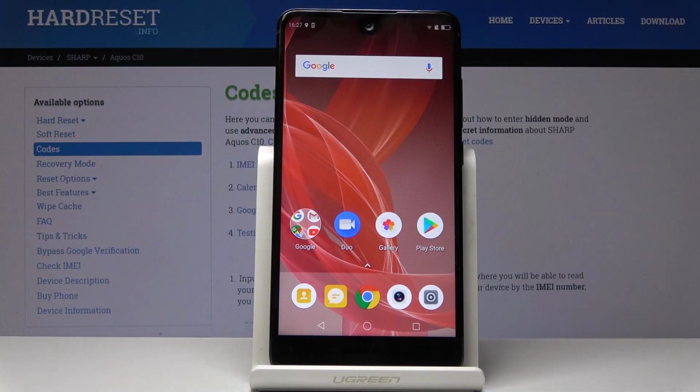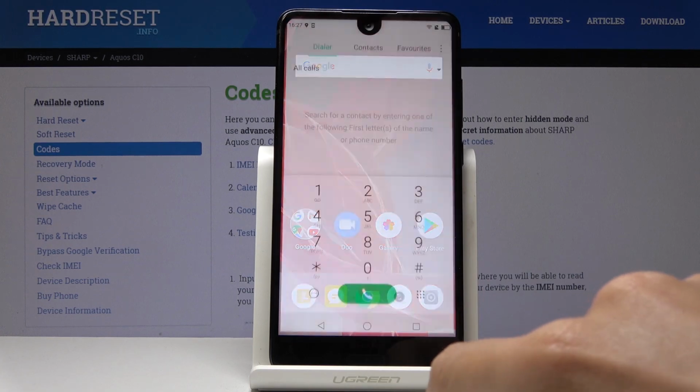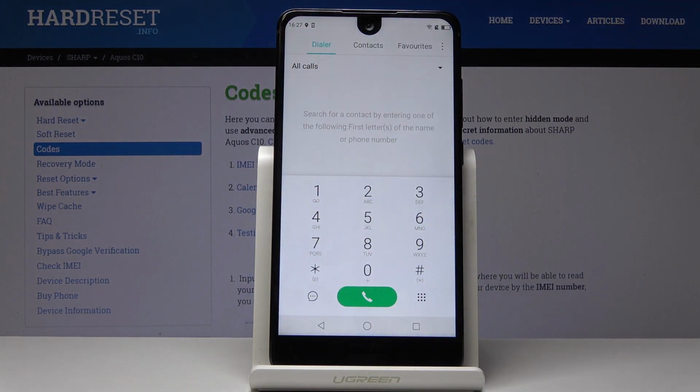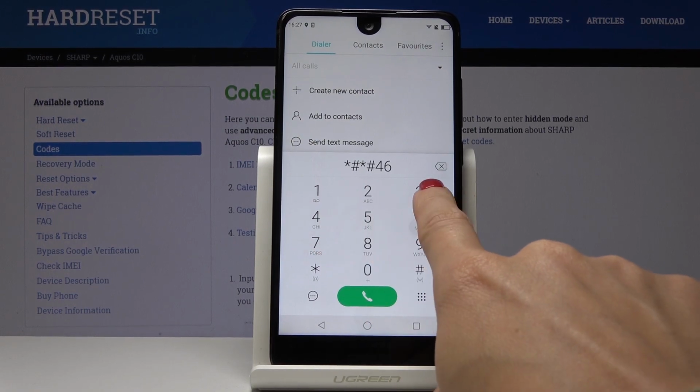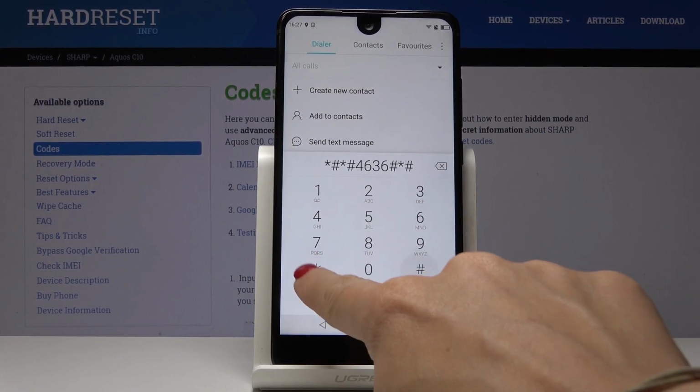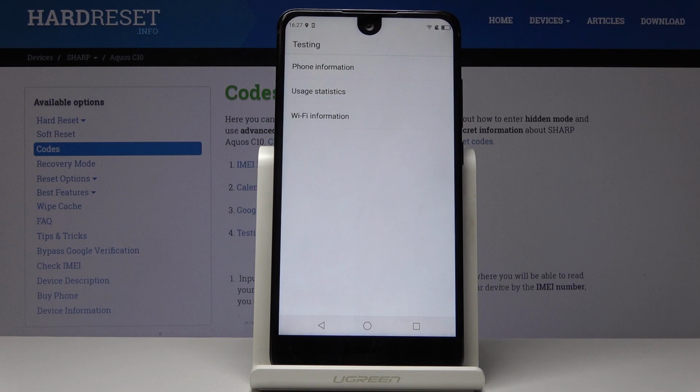Here I've got Sharp C10 and let me show you all the secret codes for the following device. So at first let's open the phone dialer and we will enter the first code, which is *#*#4636#*#. And now we are in testing mode, so here you can check phone information, usage statistics, Wi-Fi information,